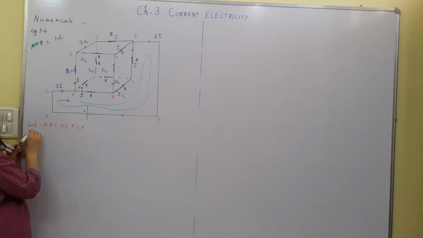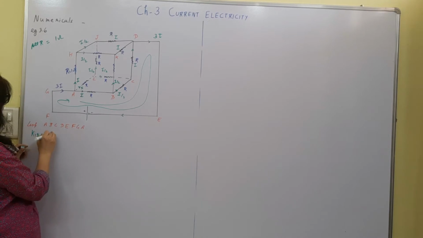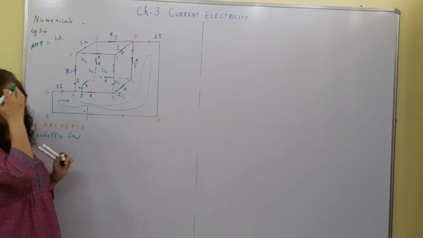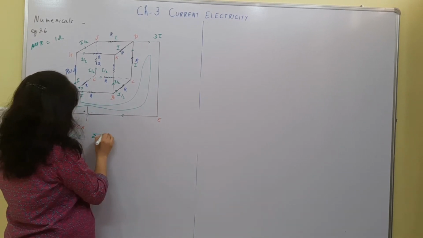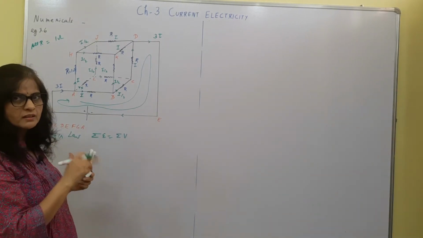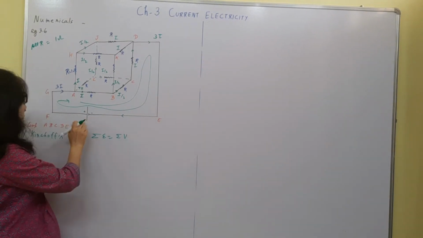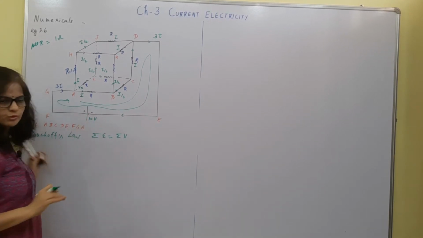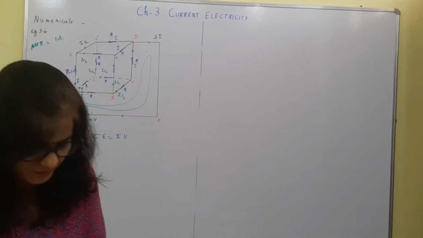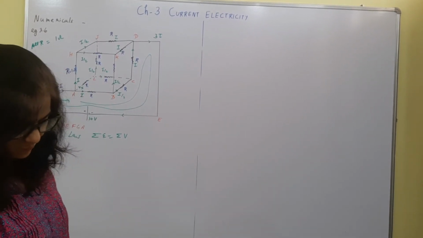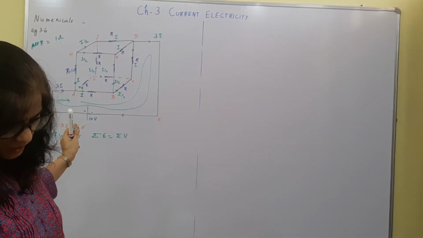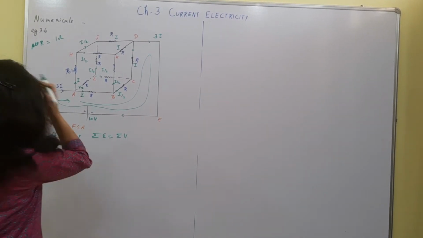We know what Kirchhoff's law is. As a hint, we have to write sigma E is equal to sigma V for a closed loop, and here we will apply the required sign conventions. So for this, if this is given 10 volt, let me read out the question in short. A battery of 10 volt and negligible internal resistance is connected across the diagonally opposite corners of a cubical network as shown, where we have 12 resistors, each of resistance 1 ohm. Determine the equivalent resistance of the network.